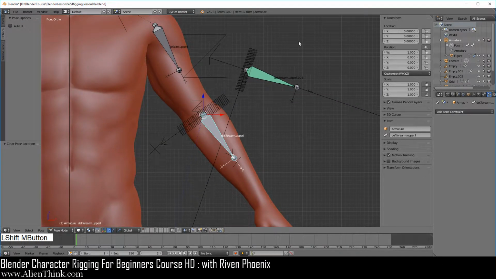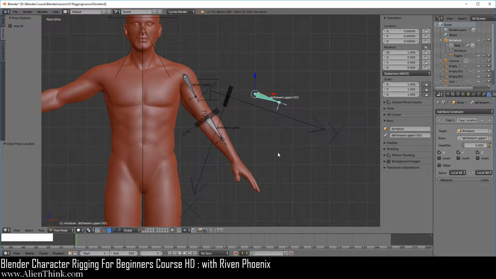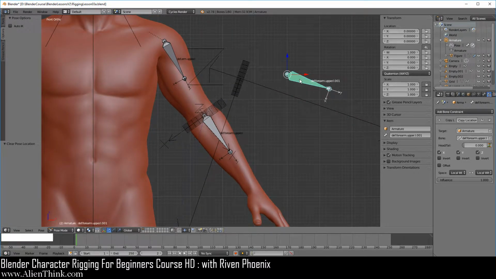Now go ahead and click this, and now we're going to change this guy and force it to be local with parent, and over here local with parent. Okay, this bone is going to move. How do we understand this concept? Because as I've shown you, this is where it starts to behave strangely, which we saw. Because if we press the R key, it's just going to move all over the place.